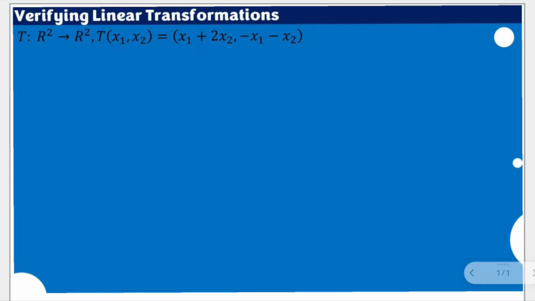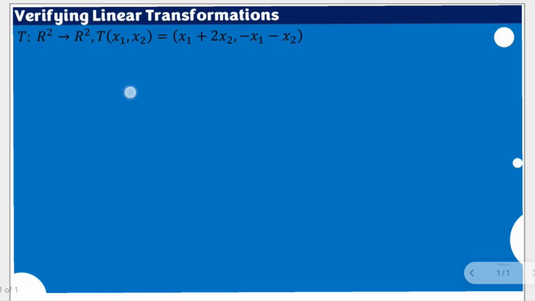Here, we are going to verify whether the given transformation is considered a linear transformation. We have a transformation from R2 to R2, given by T of x sub 1 and x sub 2 is equal to x sub 1 plus 2x sub 2, and then minus x sub 1 and minus x sub 2. To verify whether this given transformation is really a linear transformation, we need to establish these two